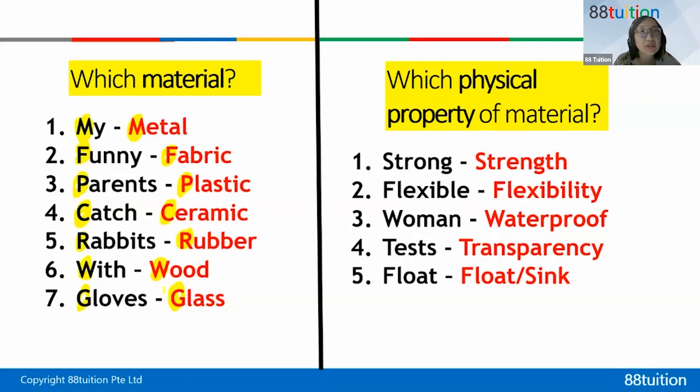All right, so Claire did very well. Oh, 7 marks. She got 6 marks. Well done, Claire. You only missed out on glass. Now the difference between glass and ceramic is, let me just write here. Ceramic will break if you drop it. Glass will also break if you drop it. I'm talking about when dropped.